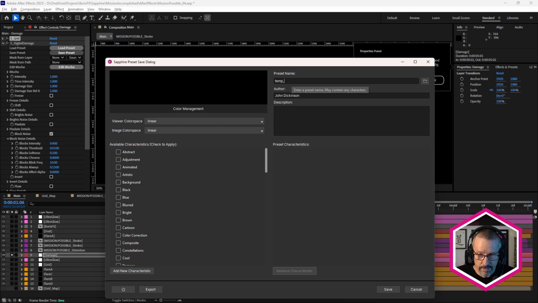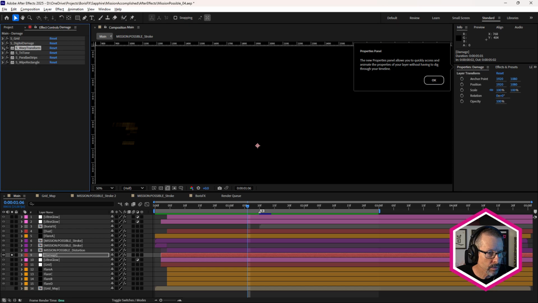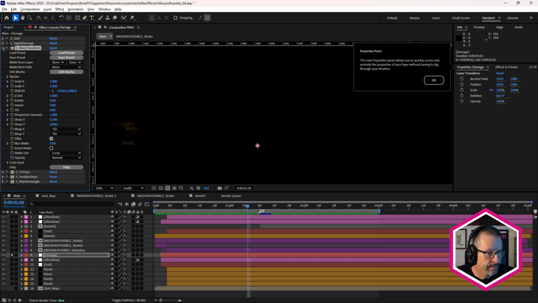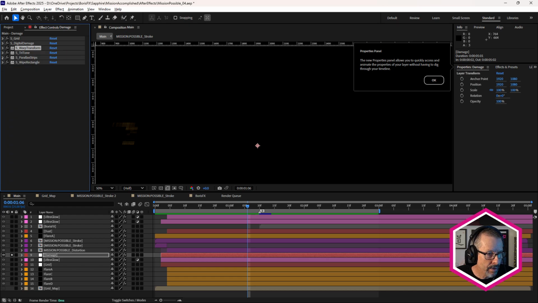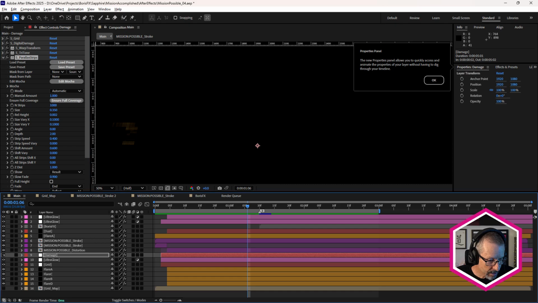Just paste in my temp, DD, save. We use warp transform, WT, and parallax strips, PS. Save. All right. So we can turn that layer off.